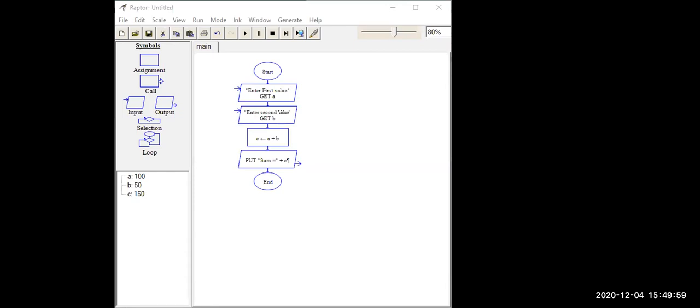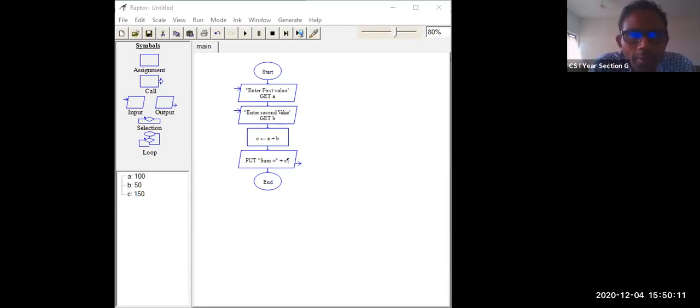See, do one thing. Just listen. After this class, try to find the area of all geometric figures. One algorithm for one geometric figure: square, rectangle, triangle, rhombus, trapezoid. Many are there. Polygon, cylinder. For every one, write one algorithm. Try to draw a flow chart for your practice purpose. The more you practice, the more you will get.